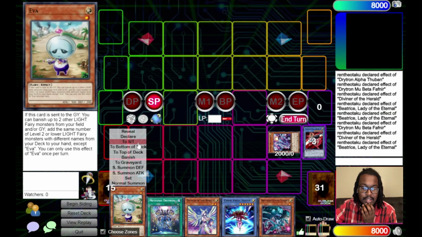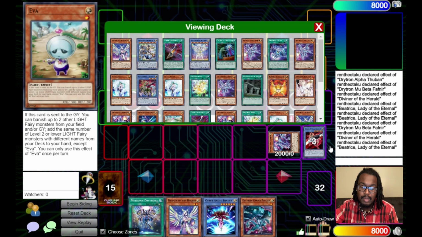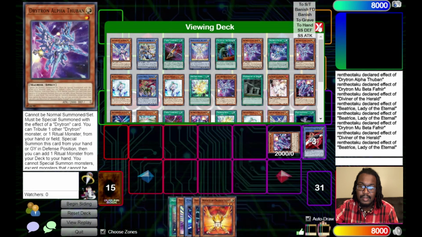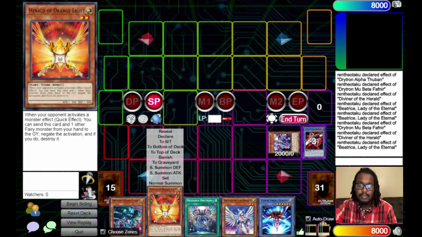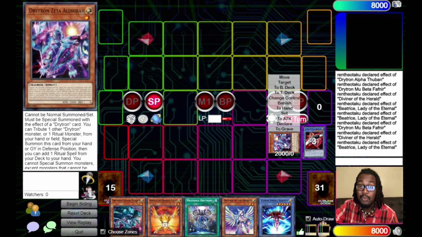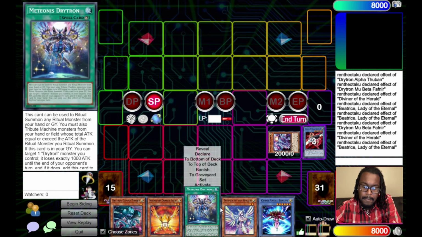Forgive me, guys. I thought I had Orange Light in hand. So what we're gonna do is put this one back. My apologies. We're gonna add Orange Light instead because we have Idaten in hand. So with Orange Light, we have basically a circumvent for hand traps. If they choose to wait until after Zeta and Ben 10, which I don't know why you would, but sure, why not? So, from here,